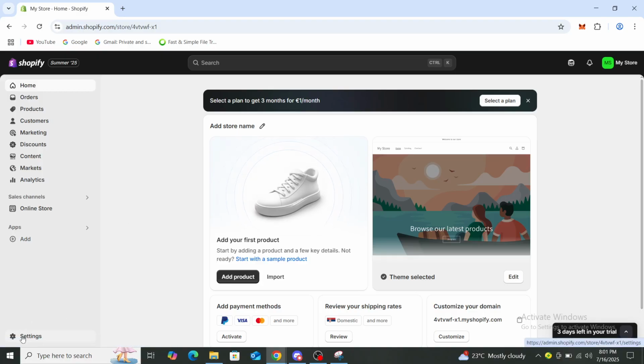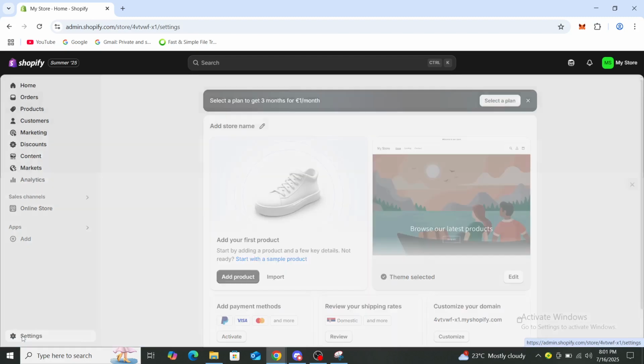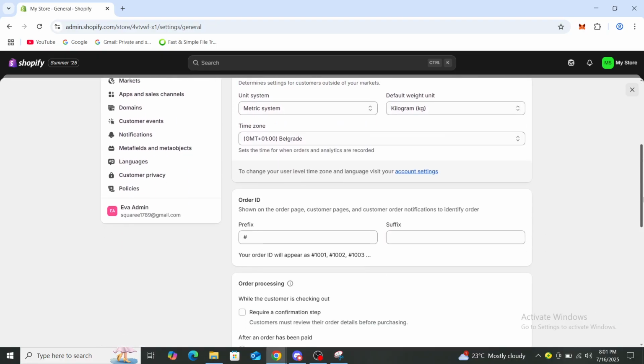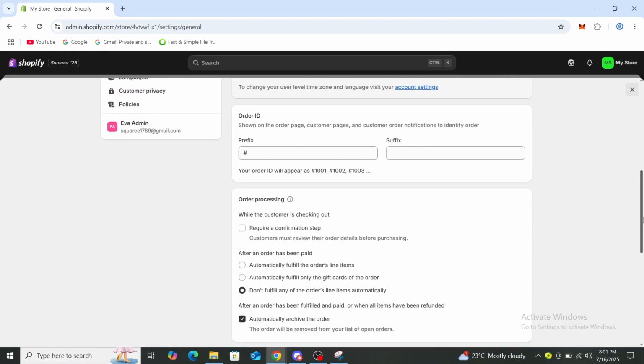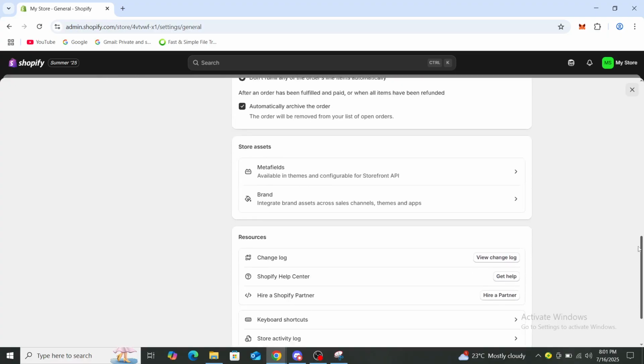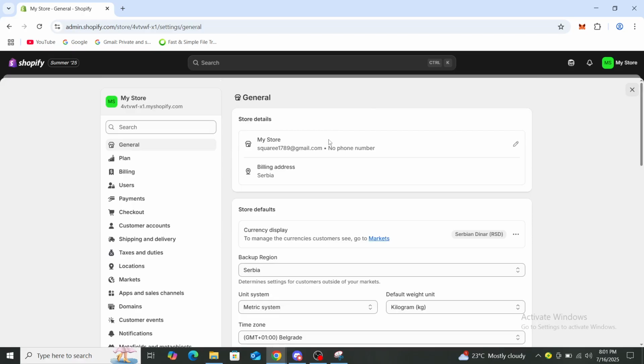So let's go to settings. Once the settings open up, you can see here general, it says my store, and you can see the store defaults like markets, backup regions, order ID, order processing, as well as store assets and resources. Now from here, if you click on this pencil right there under store details, so get to this part of the settings,